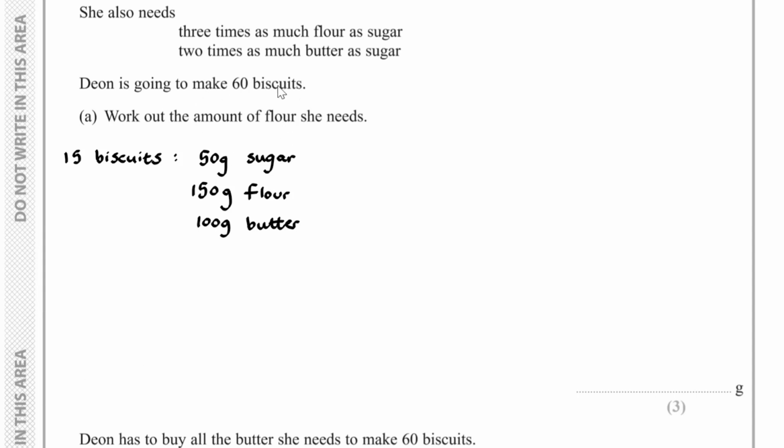And for 60 biscuits, hopefully you can see 60 is 4 times 15, and therefore to work out the amount of each ingredient we need for 60 biscuits, we multiply each of these quantities by 4. So 50 multiplied by 4, that's 200. So for 60 biscuits we require 200 grams of sugar,